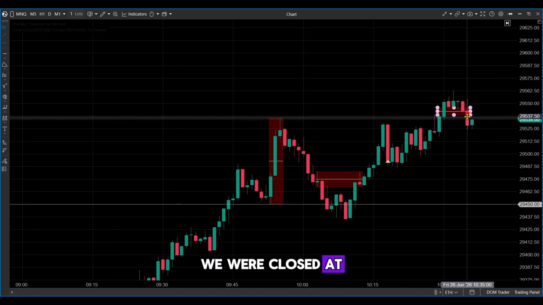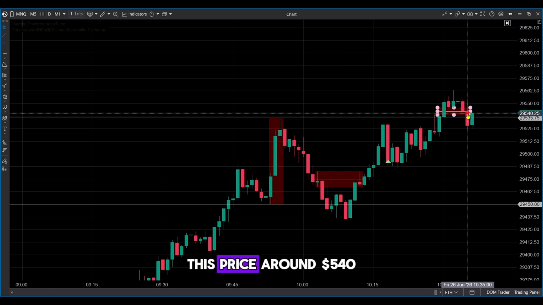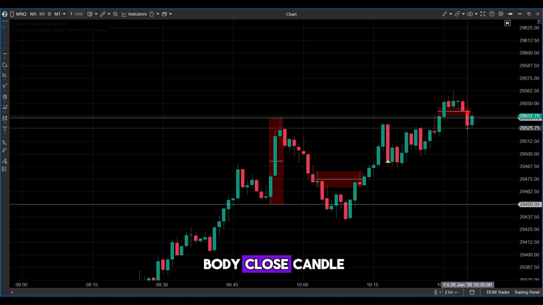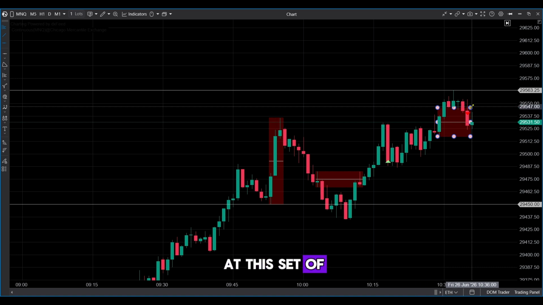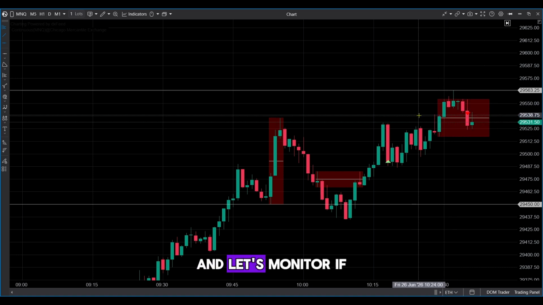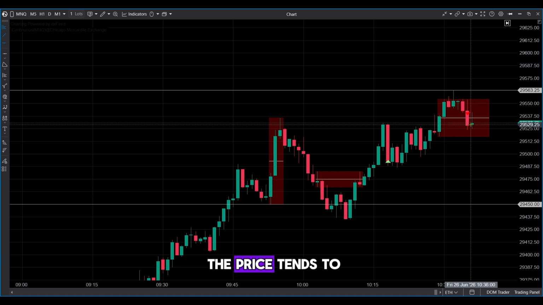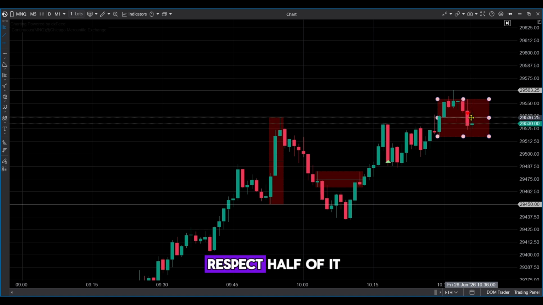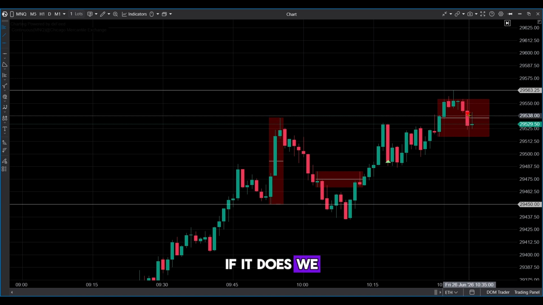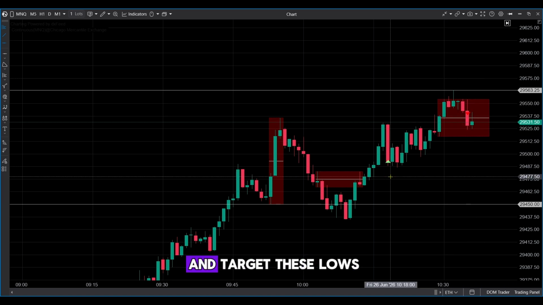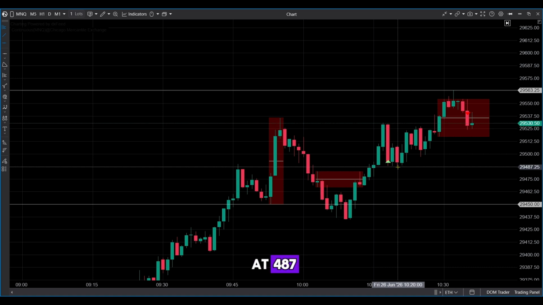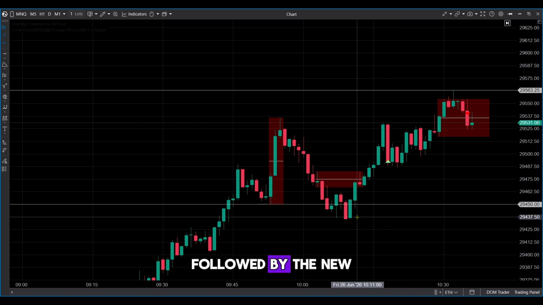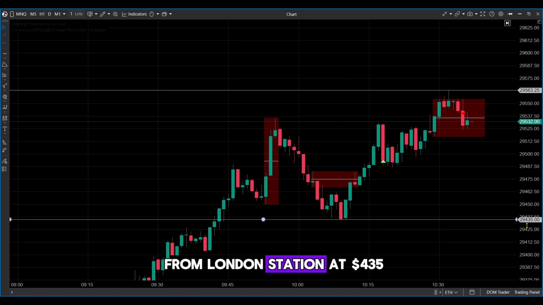We were close with $9, this price, around $540. This is a full body close candle. Now we have a new high. Let's look at the set of bullish candles and monitor if the price tends to respect half of it. If it does, we can enter a short position and target these lows at 487, followed by the new low that we have from London session at